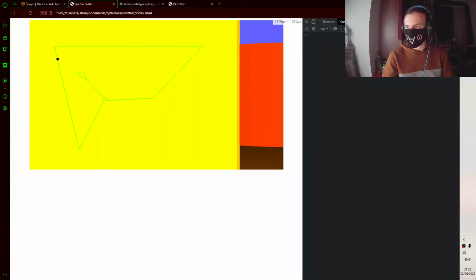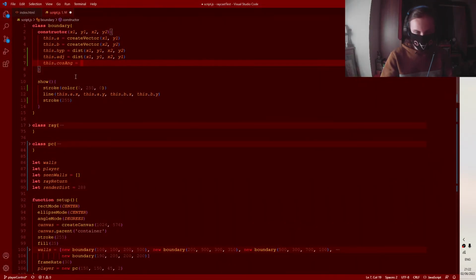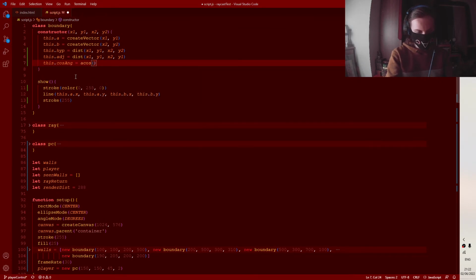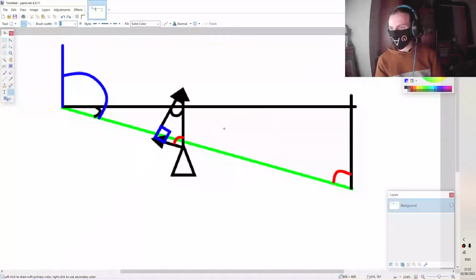Okay, that is correct. Good, good. So we need this dot cosine angle is a cos, so it's this dot adjacent divided by its hypotenuse. There we go, we now have this angle here, which means we have this angle here, which means